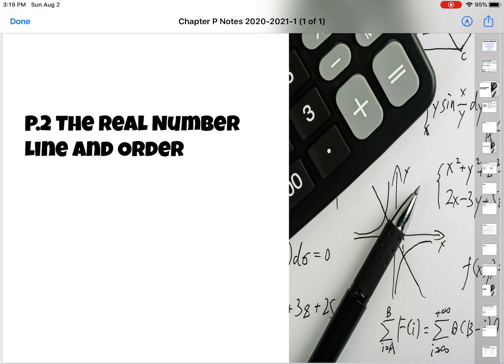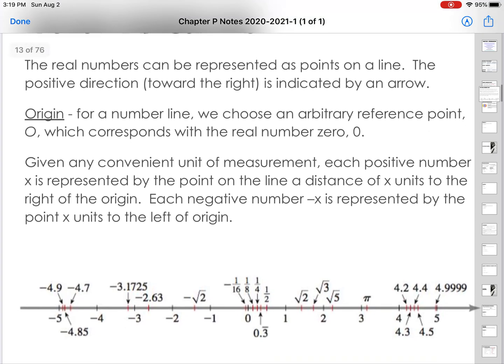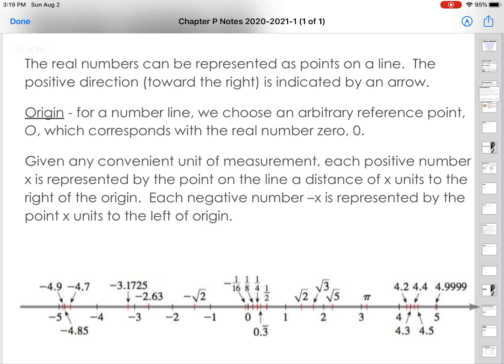P2, the real number line, and order. The real number line. So the real numbers can be represented as points on a line. The positive direction is toward the right and indicated by an arrow. The origin for a number line we choose really as an arbitrary reference point that corresponds with the real number